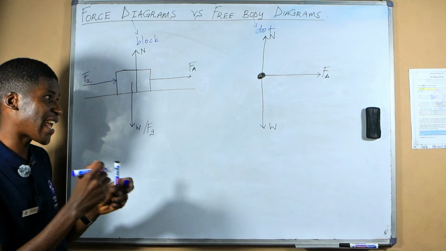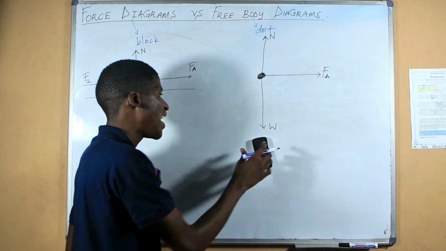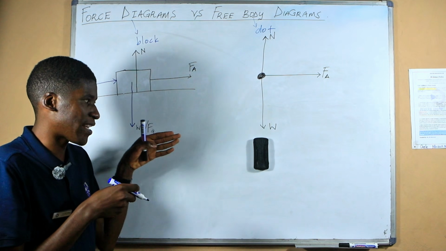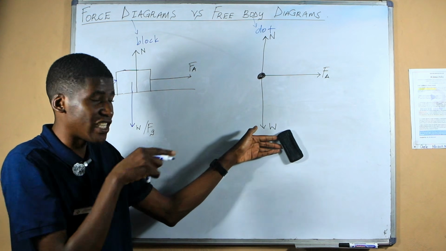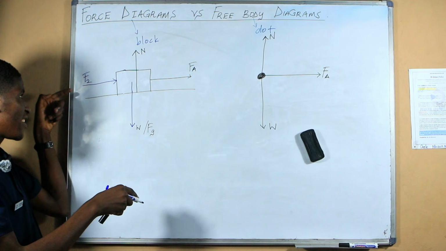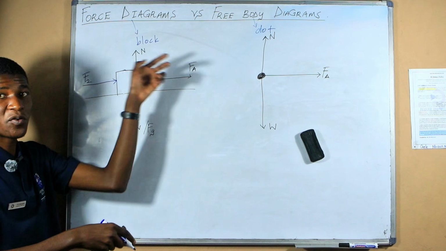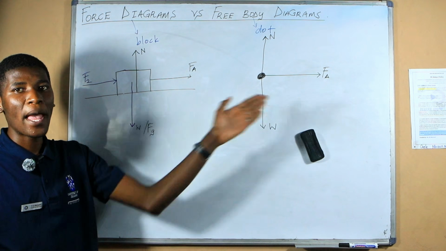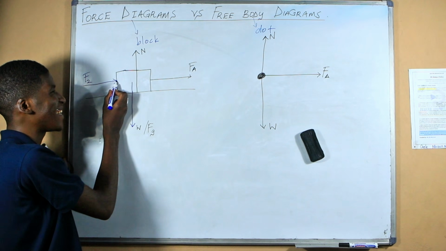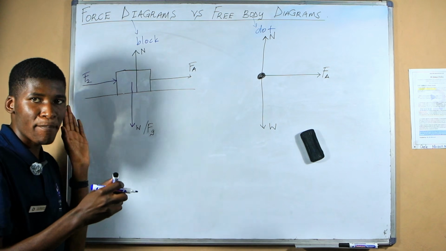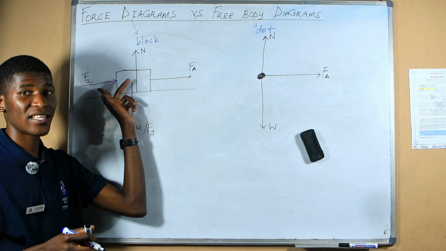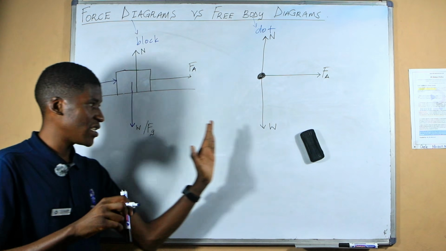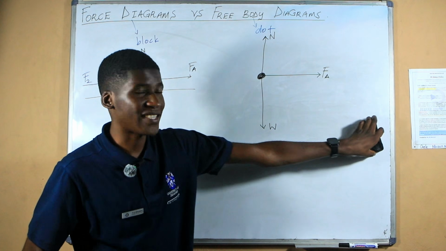Okay, so in a force diagram, it makes sense to say, if I'm pushing this object in that direction, the direction of the arrow is facing that direction because that's where I'm pushing the object to. But the head of the arrow is exactly on the block to show that I'm pushing the block. Okay, this is pulling, this is pushing. There's a difference. Pushing is like this, and pulling is like that.